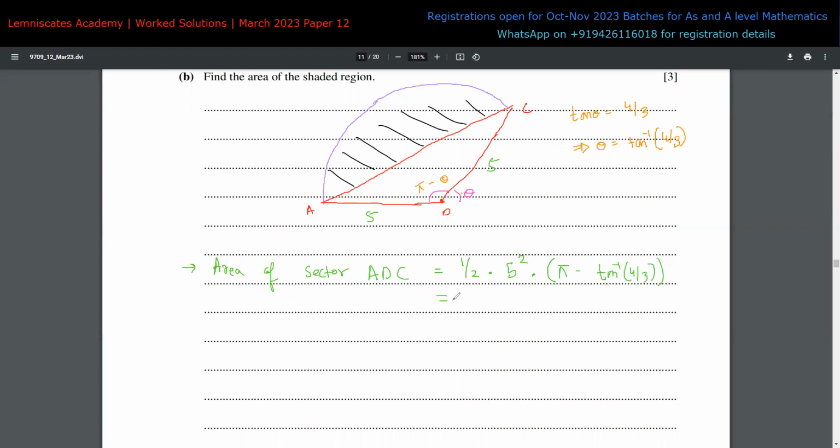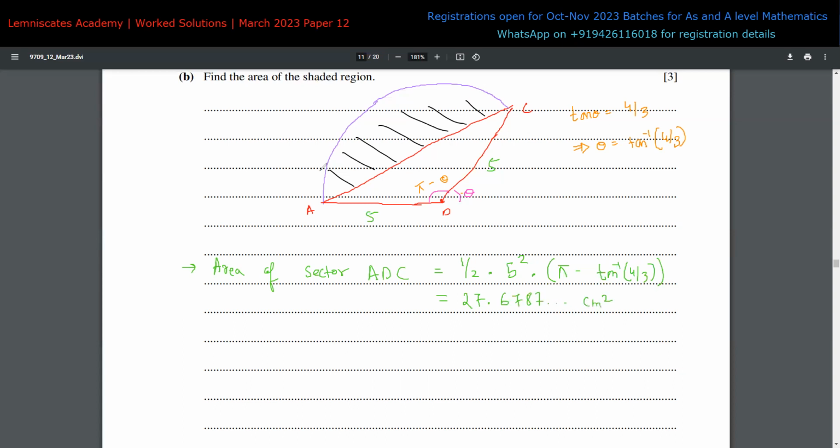If you solve this, 0.5 into 5 squared, and then multiply that value with pi minus tan inverse of 4 by 3, we get a value of 27.6787